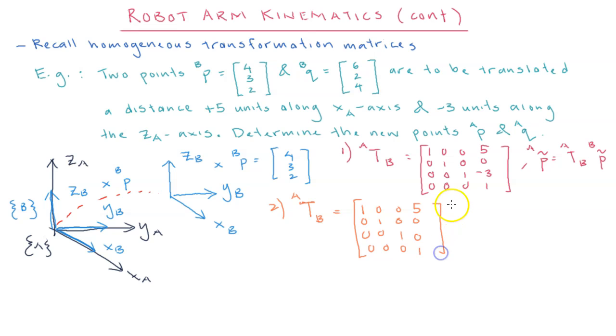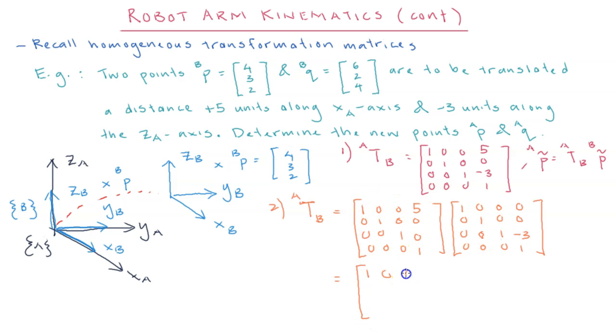And there's a second translation which is along ZA, which means since there's no rotation, the translation along ZA is equivalent to the translation along ZB. So the second homogeneous transformation matrix will be again no rotation, but the translation part will be 0, 0, minus 3. Now if we multiply these two matrices, we would get,